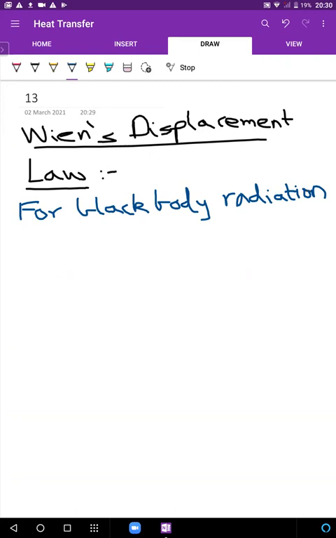His law is for black body radiation. So he's saying for black body radiation, what is black body radiation? In simple words, thermal radiation from a black body. Okay? So for black body radiation, you're going to find that